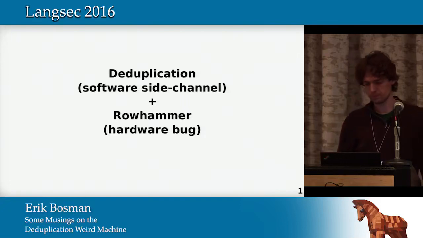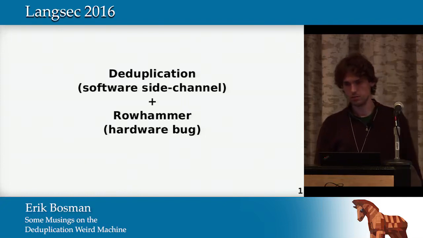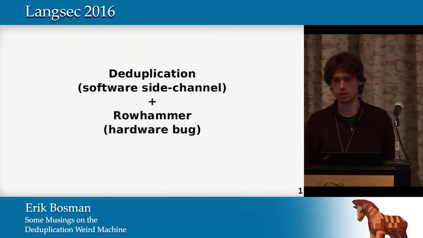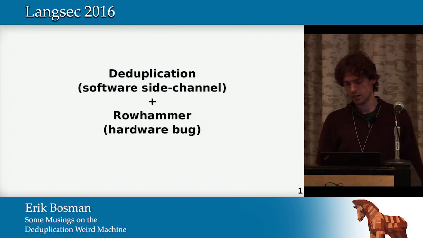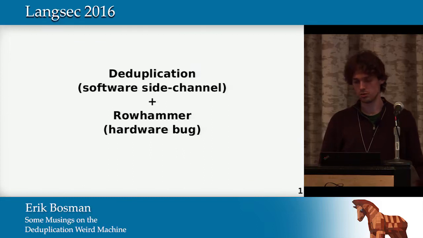So in our paper, the authors of Rowhammer.js have shown that it's now possible to use the Rowhammer attack, a hardware attack which allows for bit flipping in memory. That it also works from JavaScript,